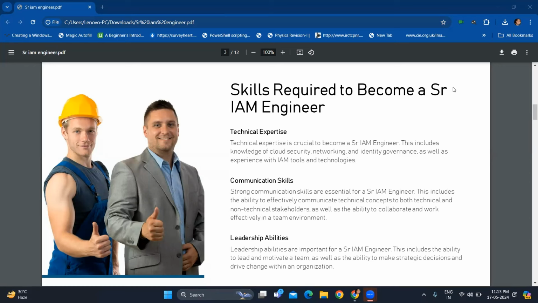If you're troubleshooting, you should know what to do, when to do a ping, when to do a traceroute, how load balancing is working, where the port numbers are coming in. And again, identity governance, identity and access management, privileged access management. At least now as a senior IAM engineer, most of the time you are a single point of contact. Sometimes you are also acting as a lead. All these roles come under the same band: senior IAM engineer, senior consultant, lead, all of this.